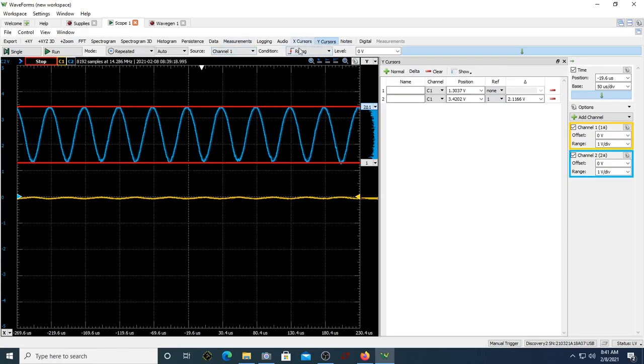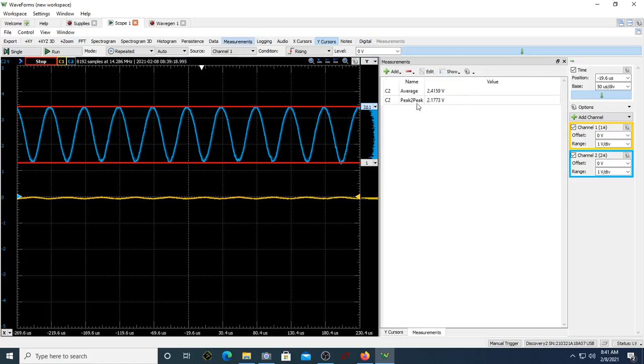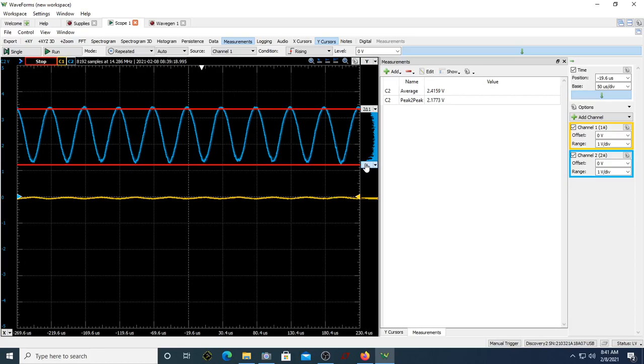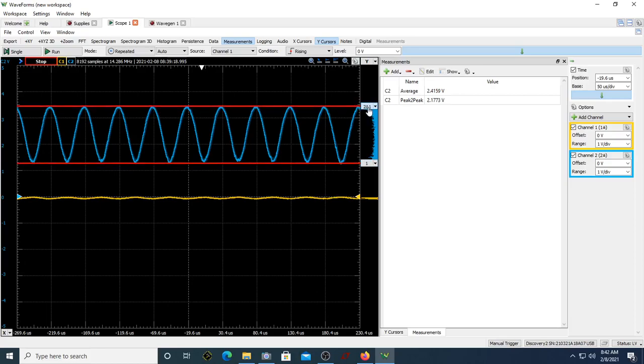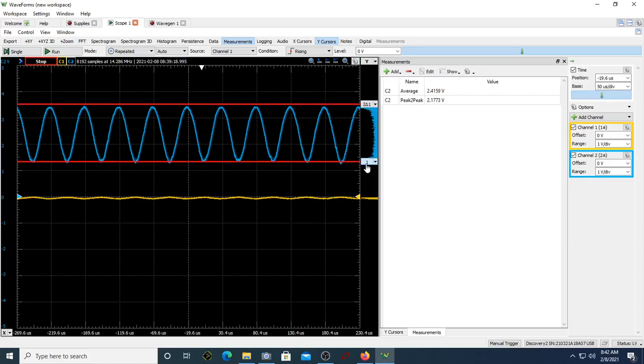So both are fine. Suppose there are any spikes coming here, in this actual measurement it will simply take those spikes also. So if there are any distortions in the waveform, don't go for those spikes. Please measure using the Y cursors. You can place the Y cursors wherever you want. Supposing there is a spike there, you can keep it in such a way that you're neglecting that spike. So now I can just keep it somewhere here.